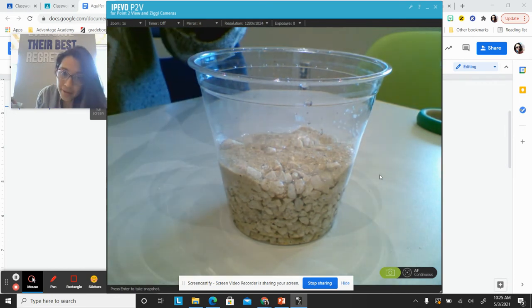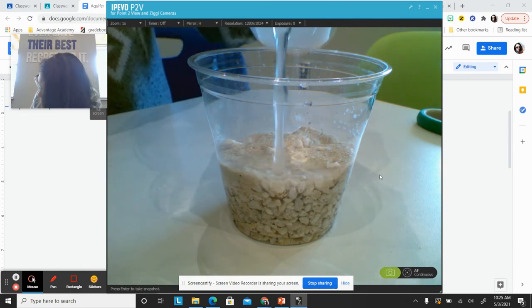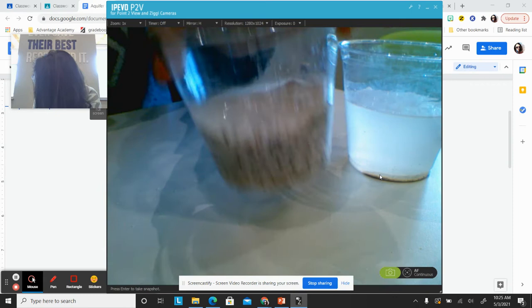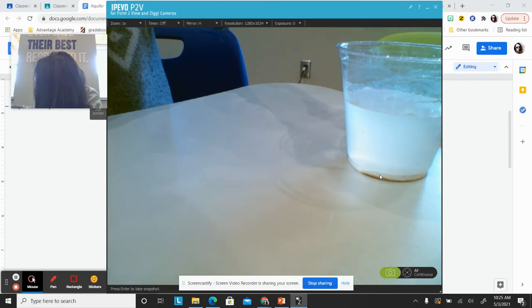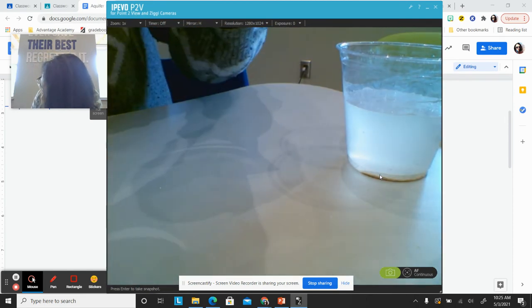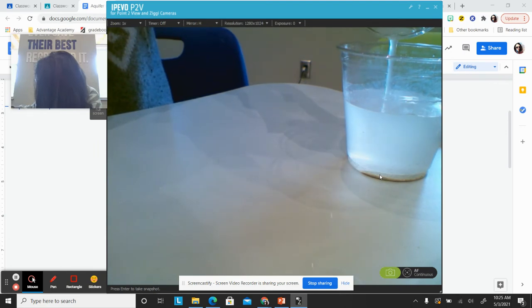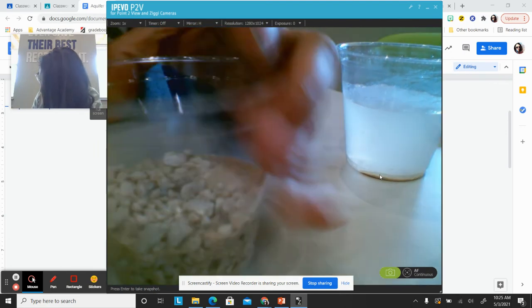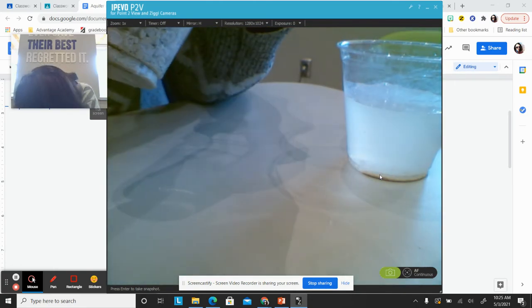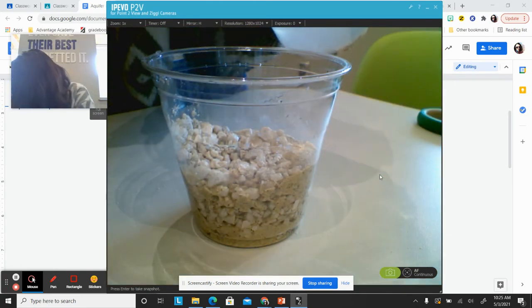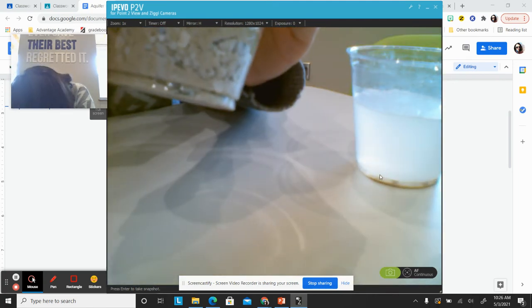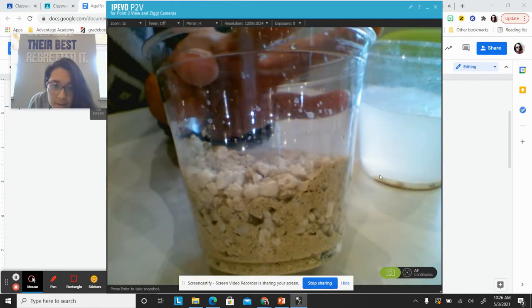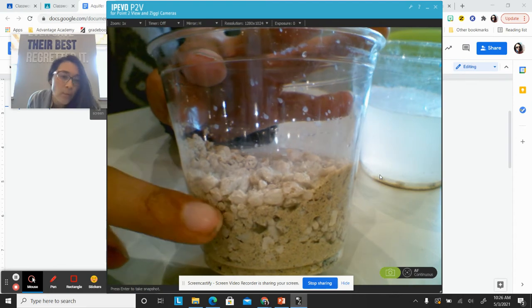You can see that the water is being absorbed by the sand, so it is still permeable. And then we have here, okay, so that's, I'm pouring too much water. Okay, so you can kind of see. It's very hard to see, but you can kind of see where the water stops, and where that water stops